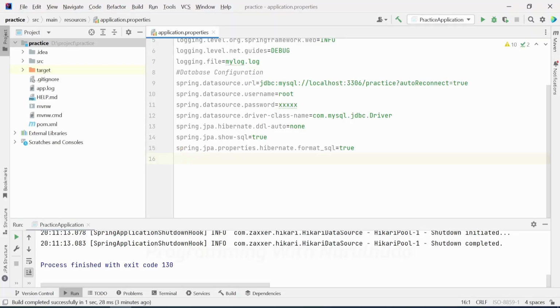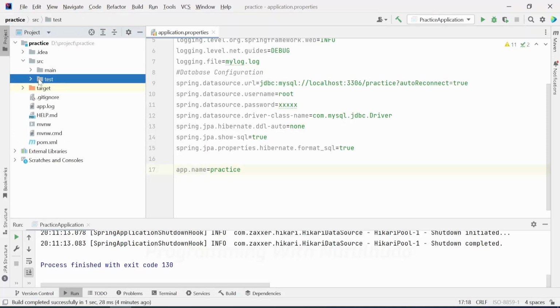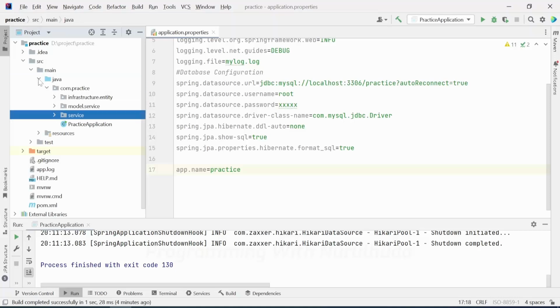So first we can add one variable in application.properties, just like app.name. One global variable we can add in application.properties, and the second step is we can access that variable